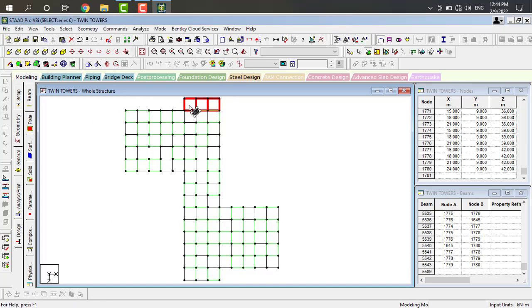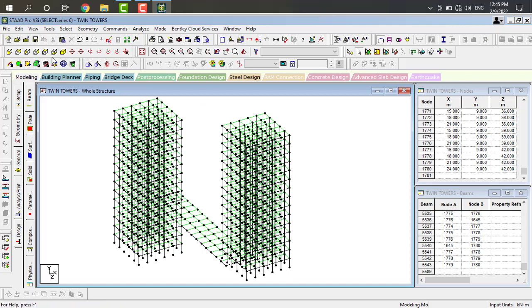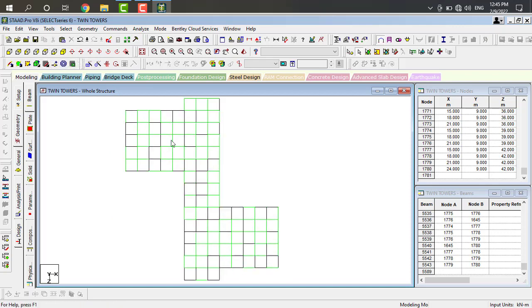Going to top view, I want to select this and I want to translation repeat and apply this like this. If the plate is not placed at the top portion, and the plate is attached to the bottom nodes of this 3D building, how to rectify that?